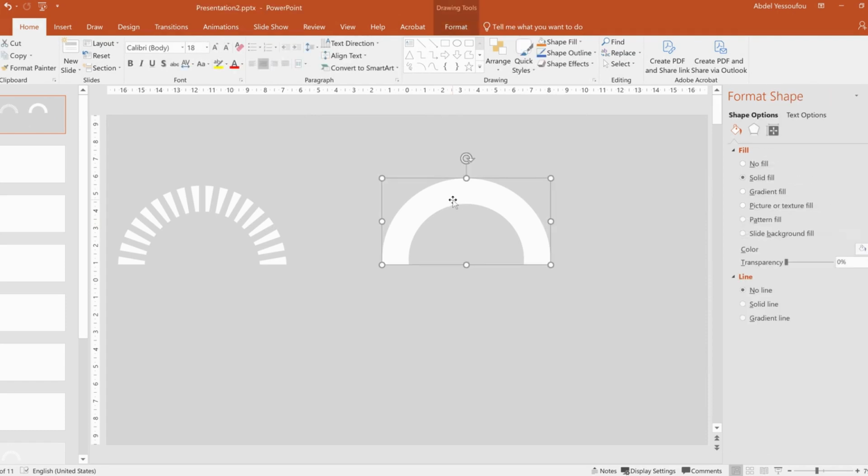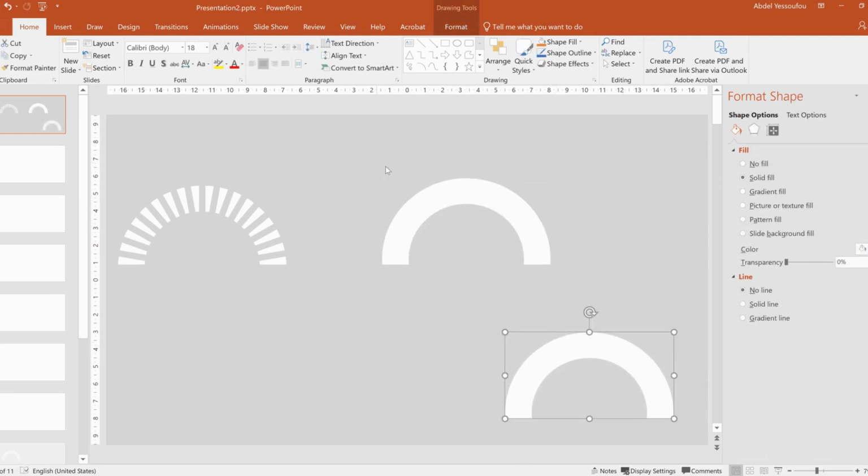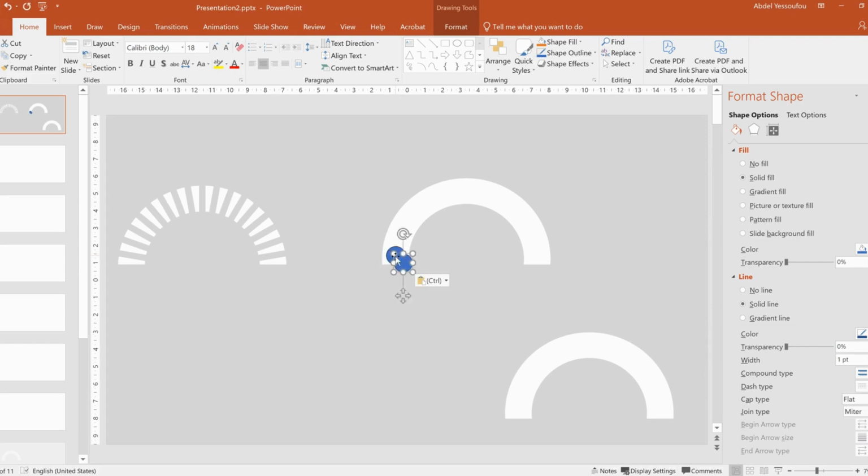Okay, let me copy it and paste. I'll need it for the third one. So I have this down here. So now I'll need the small circles. So I'll just put this here. Okay, one will be down here. Okay, now I can copy, paste it